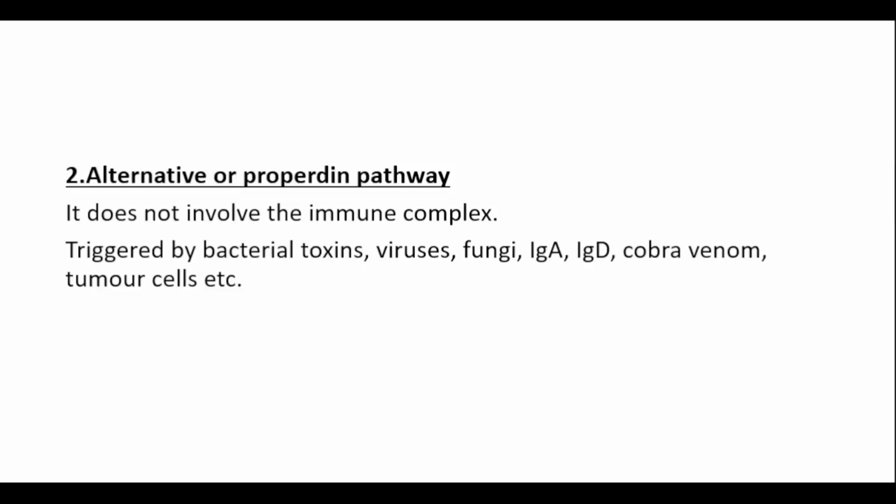So C3b on the surface of the organism will bind to a plasma protein called factor B, and this binding leads to exposure of a binding site for an enzyme called factor D. Now factor D will come and bind to that binding site. Factor D will then cleave factor B into Ba and Bb. So the cascade continues, ultimately leading to the formation of a membrane attack complex that leads to lysis of